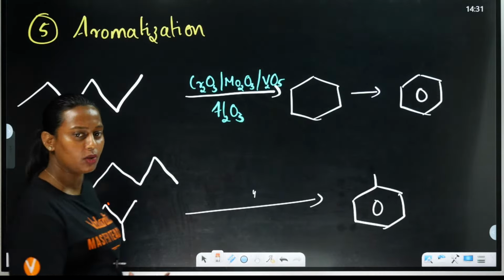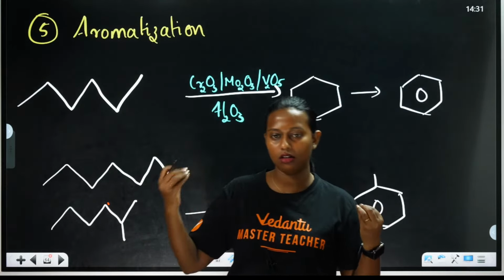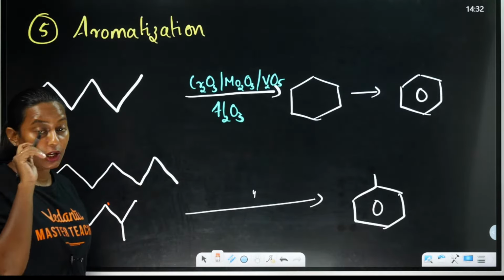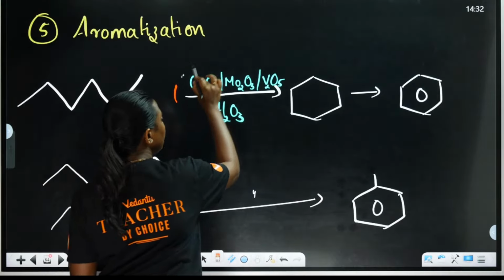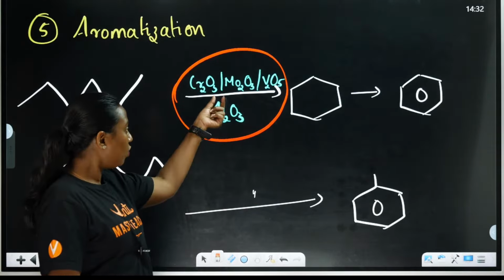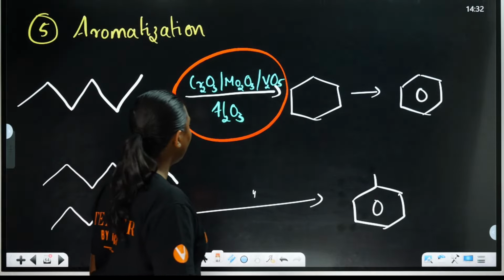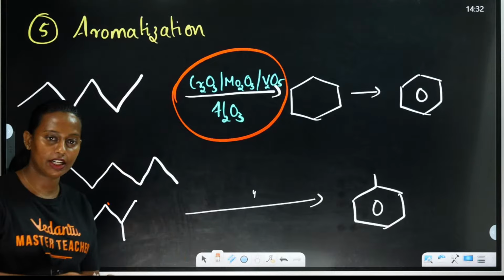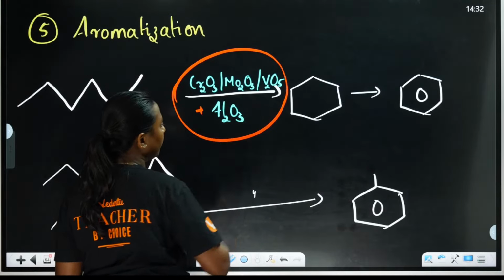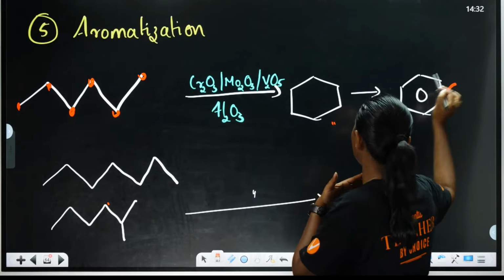Aromatization. What does aromatization mean? We are making benzene ring or benzene-like substituted compounds, using a chain. So in aromatization, what is the reagent? Cr2O3 or Mo2O3 or V2O5. Okay, oxides: chromium oxide, molybdenum oxide, vanadium oxide, plus aluminium oxide, Al2O3. So when we treat again,